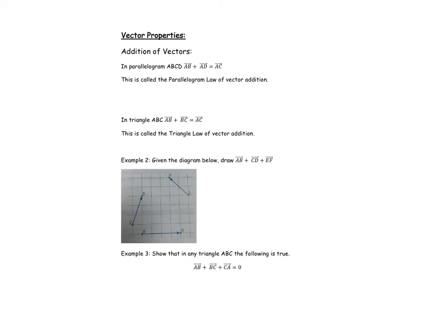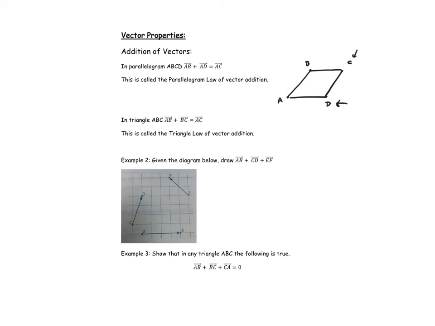Okay, addition of vectors. There's two rules that we typically use. One's the parallelogram rule of vector addition. The other is the triangle law or rule of vector addition. Both are very similar. Let's say I have a parallelogram A, B, C, D. Okay, so here's A and B and C and D. It's traditional to travel around the object, not bounce around it, meaning I wouldn't put D here and C here, because we want to keep them in order. Okay, so the parallelogram law of addition says that A to B,